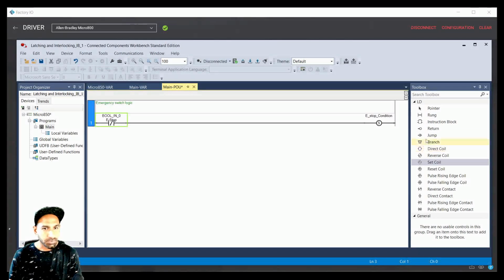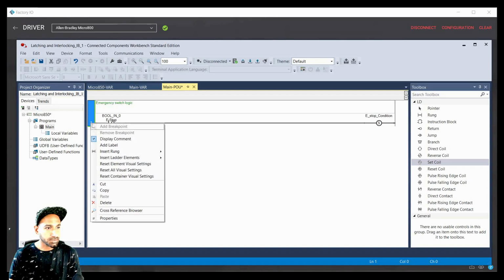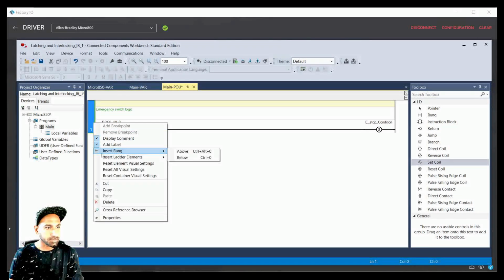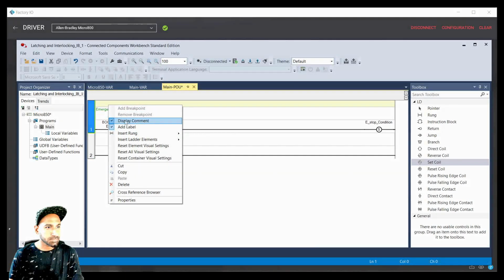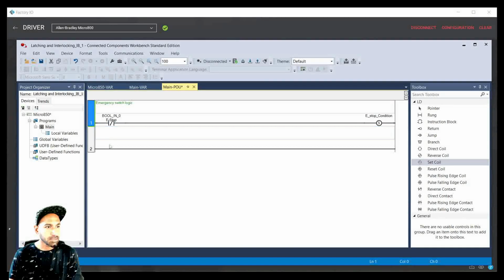So when e-stop is pressed, my e-stop condition is set. And when this should be reset, it should be reset with a reset switch. So we will take another rung in parallel. So right click, and then you can do insert rung below. This I don't need. Display comment. Now here we will take, when e-stop is pressed, and if I press the reset